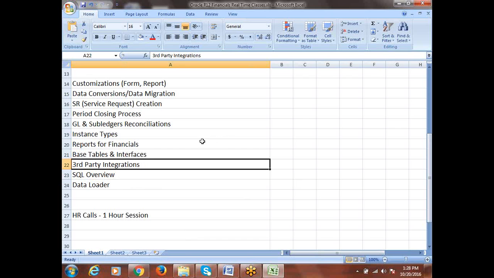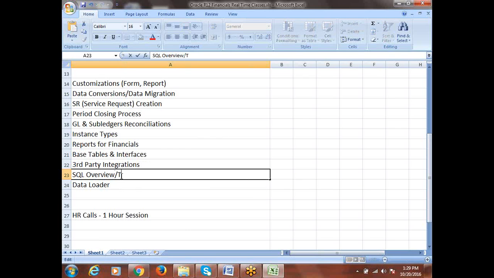Toad, yes, Toad. When you talk about SQL, we should definitely do it through Toad only. We have many tools, but Toad is a very friendly and expert front-end tool for database interactions. I said SQL overview, right? We'll talk about that, and we'll fetch the data from the database; everything we'll do through Toad only.